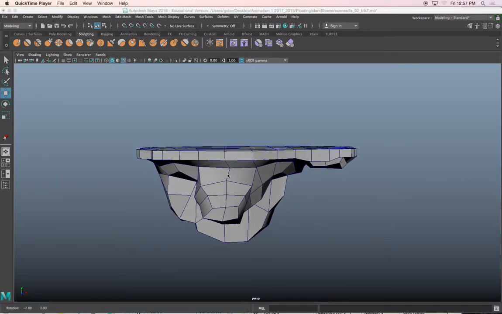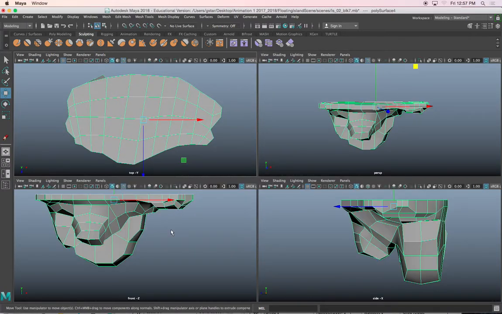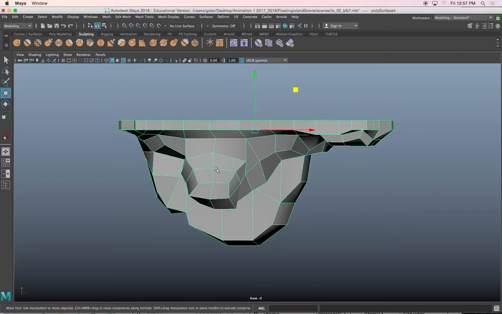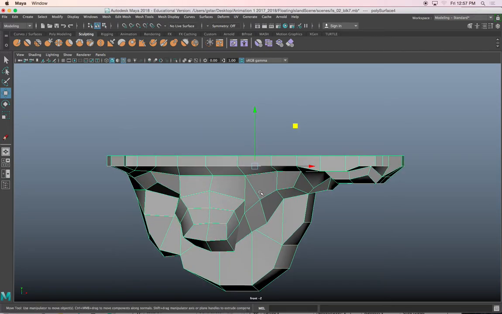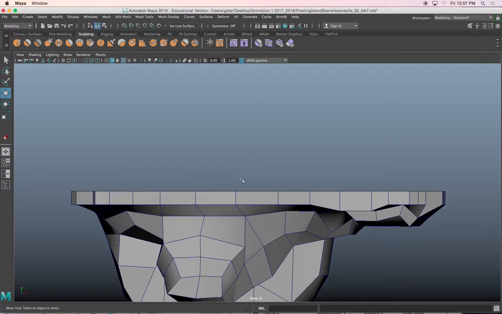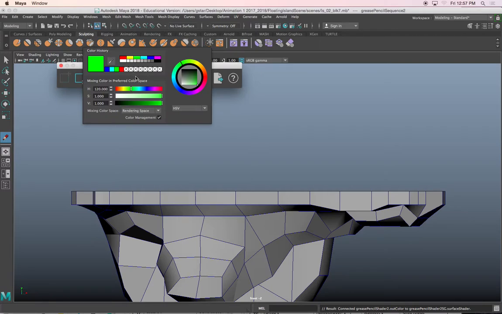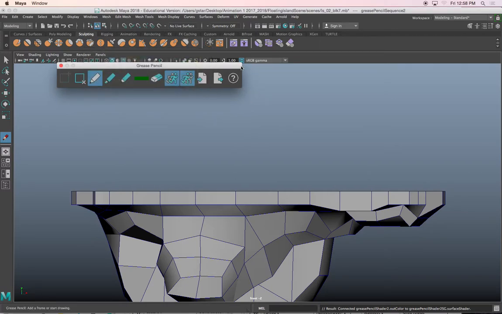The second part of this tutorial is to create a mountain range in the background. It's going to be a little bit different than the way we created this kind of craggy looking surface. The concept of this assignment is to have two different atmospheres. The atmosphere on the left side is going to be desert, and the atmosphere on the right side is going to be mountains. So we want to make sure that when we draw our mountains using the EP curve, or sorry, the create polygon tool curve, that we have a nice kind of